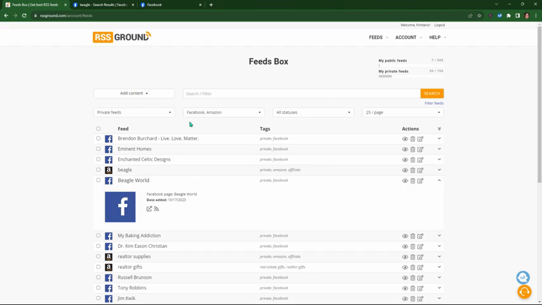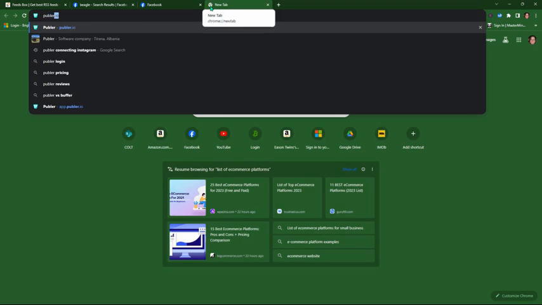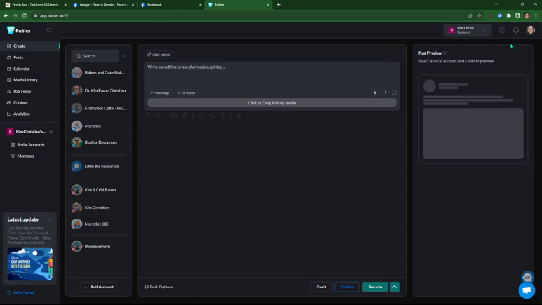Now I can post with RSS Ground straight to another page, to somewhere else. But in this instance, I mentioned that my friends have Google Business, right? They're a local business and they want to post to their Google Business account. So because of that, I'm actually going to go to a software called Publer. And Publer, link will be in the description if you're interested, is a scheduling tool. Very powerful as well. I use this a lot, but